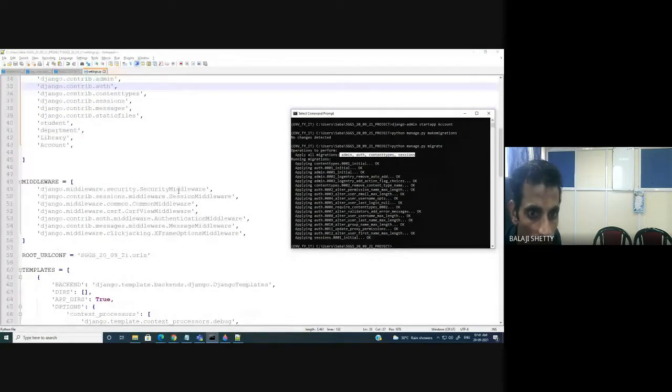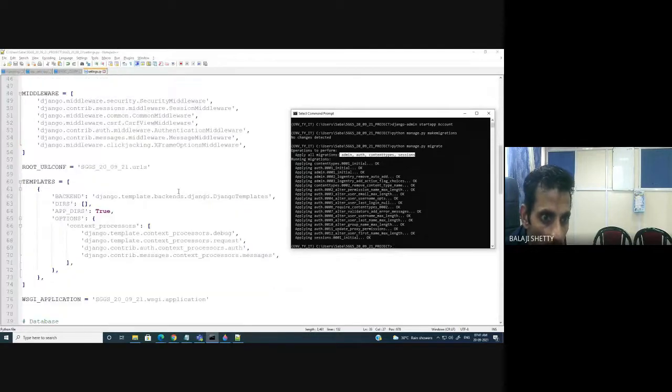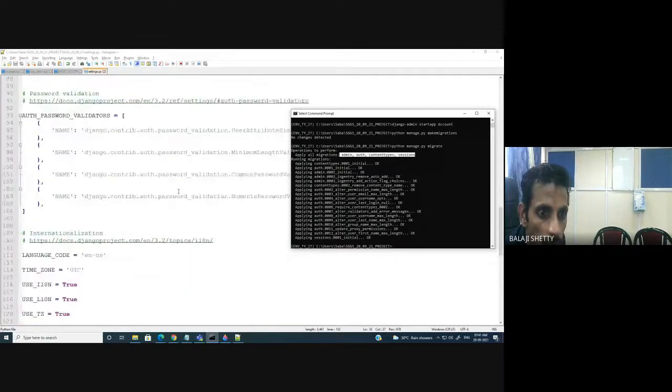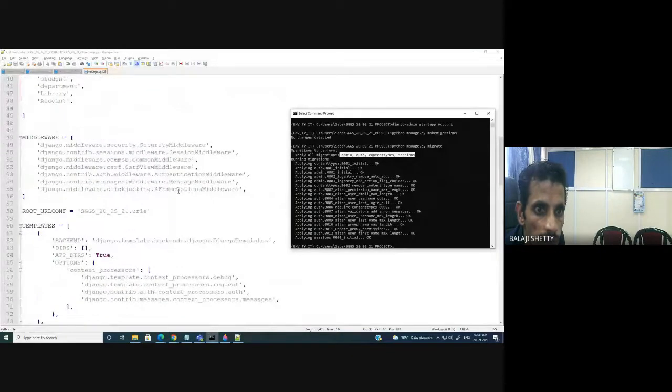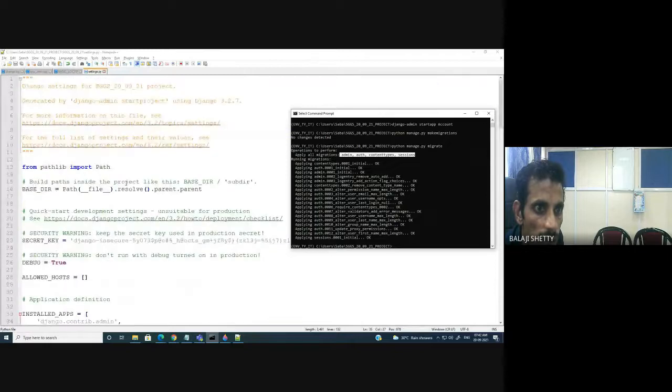You will not understand this, but still I would like to show it. These are the middlewares: sessions, security, CSRF, messages. I will skip this.